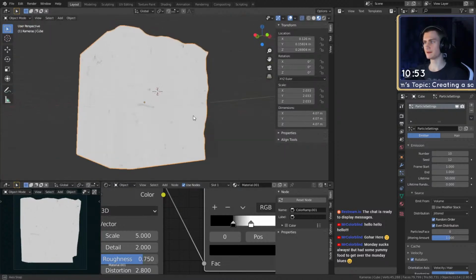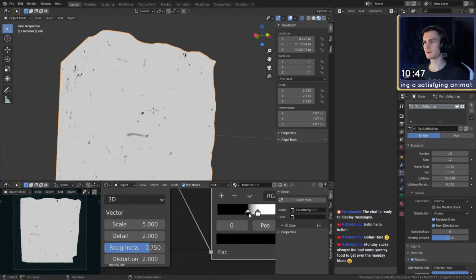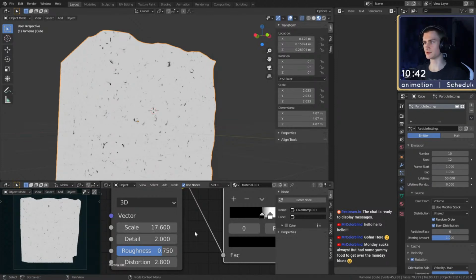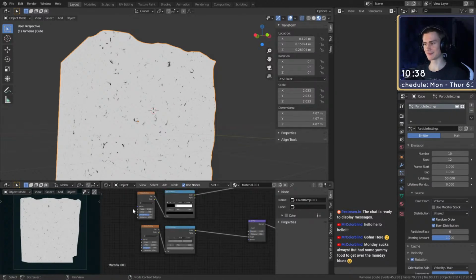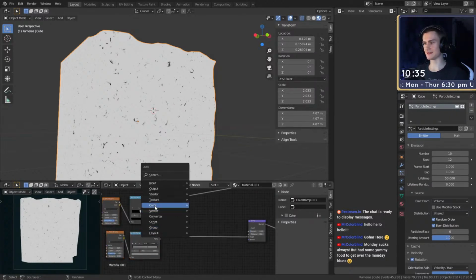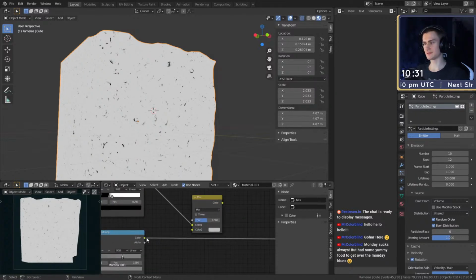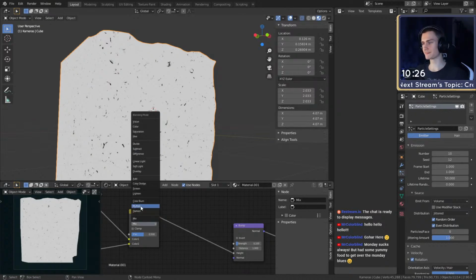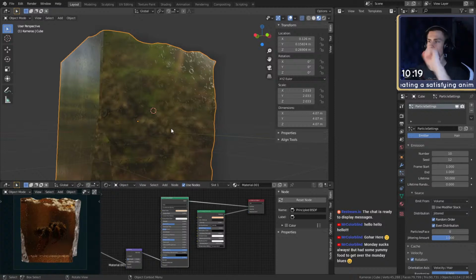We can see some cut-like imperfections. We can make them stronger by, for example, changing the scale or bringing in some more. That's what I wanted. Perfect. The noise texture is just always the best somehow. Okay, now we can use a mix RGB. Put these two together. We can combine these textures by using a multiply mix mode. And as you can see right there, it should now show us some cuts.